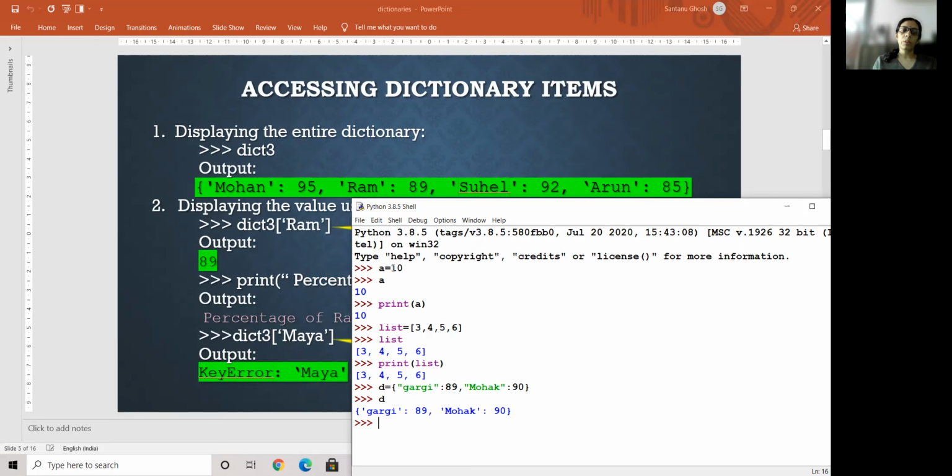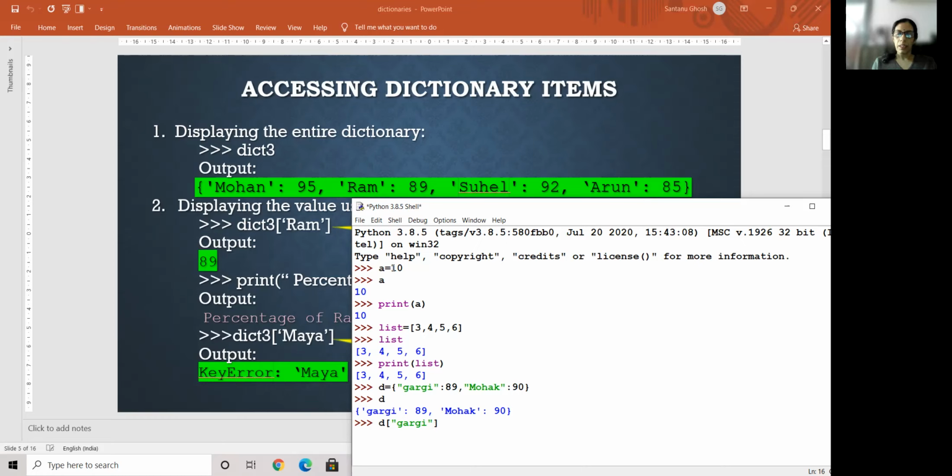Now, the way I get the individual elements of the dictionary is by this process. Name of the dictionary, square brackets, then take the key value, whatever the key value is. If a key value is numeric, you have to pick it up without the quotes. If a key value is a string value, then it always has to be with quotes.